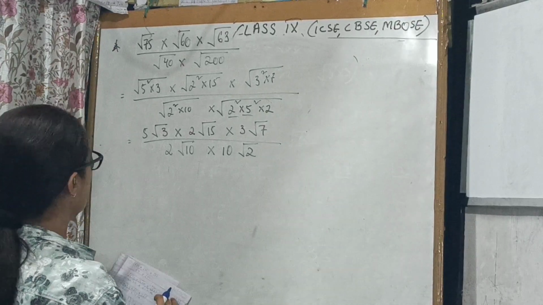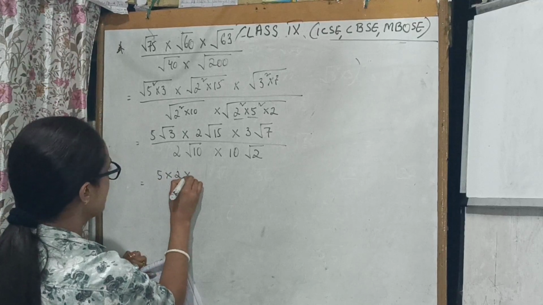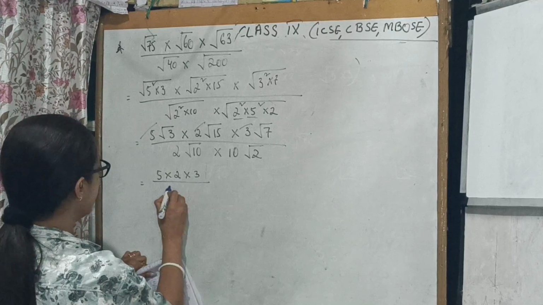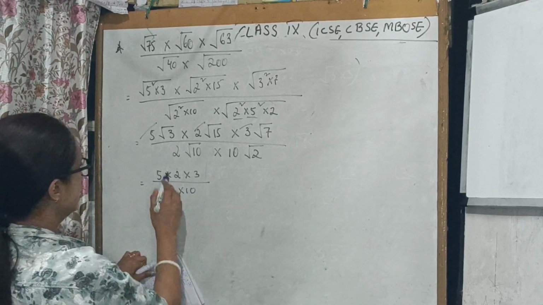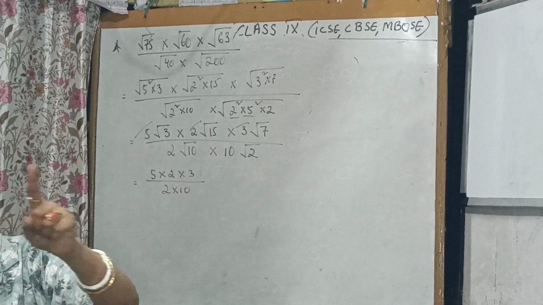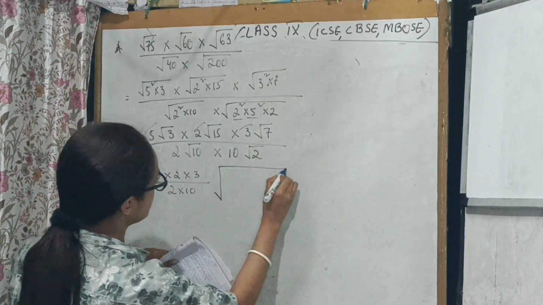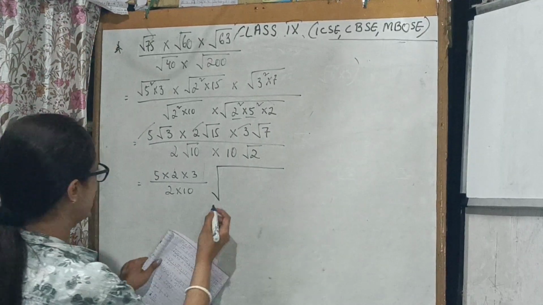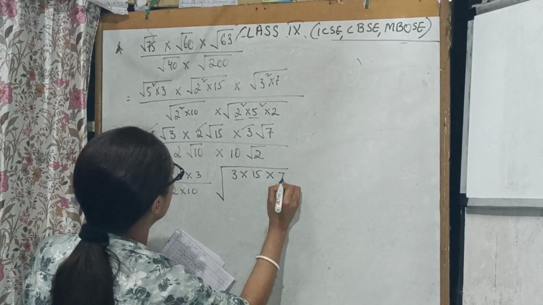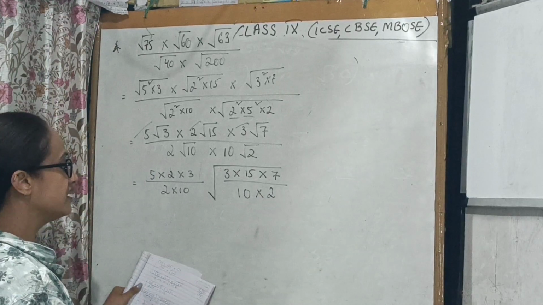Take out all the numbers outside. ऊपर वाला को ऊपर में रखो. 5 into 2 into 3 मतलब ये और ये, और नीचे 2 into 10. बाकी सब का रूट ध्यान में रखो. All are square root. All are square root. So what we can do? एक बड़ा सा बिल्डिंग बना लो, सबको अंदर ढाल दो. 3 into 15 ऊपर वाले को ऊपर में रखो, नीचे वाले को नीचे. That makes your work easy.